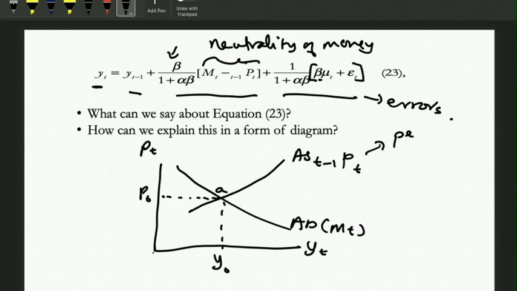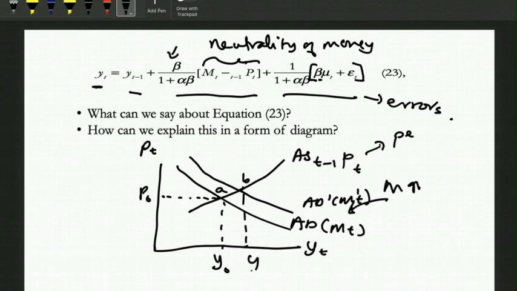So let's say you try to find any determinant. Let's say money supply increases. Obviously, money supply is a determinant of aggregate demand. So aggregate demand will shift to the right, from AD to AD prime, M T minus 1, for instance. So we can have an increase in output and an increase in price level. Now, what happens if expected price increases?